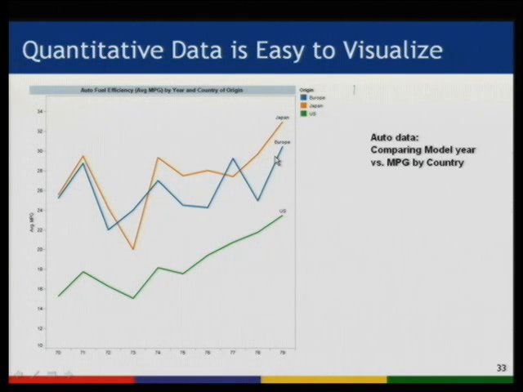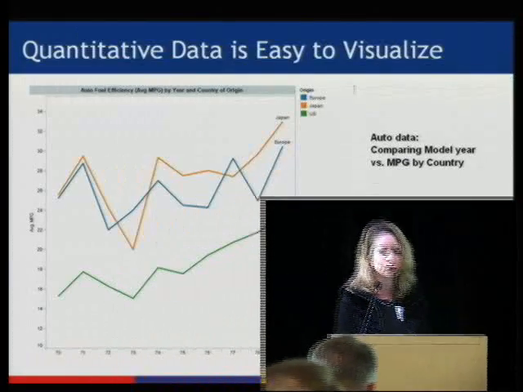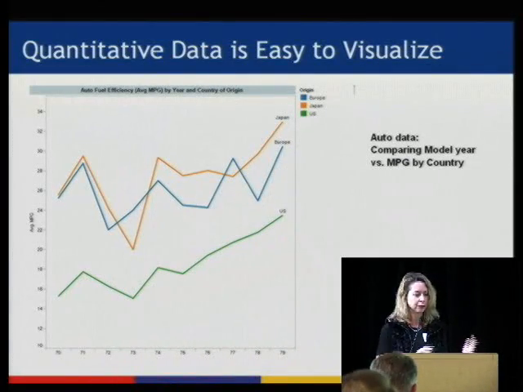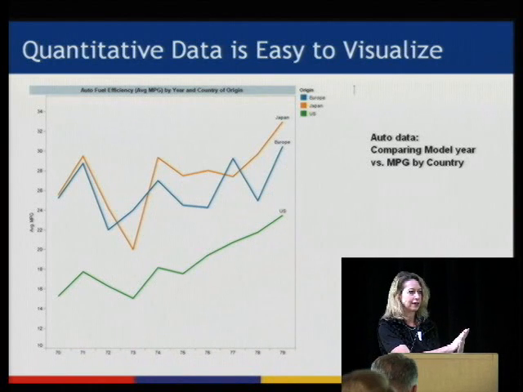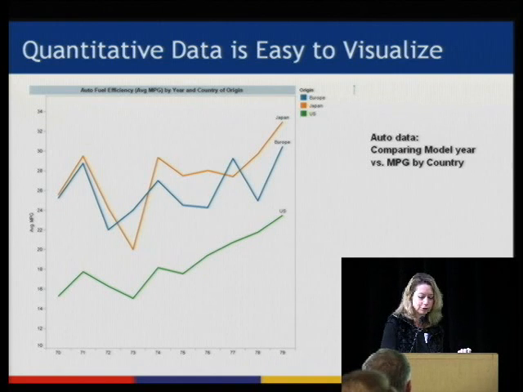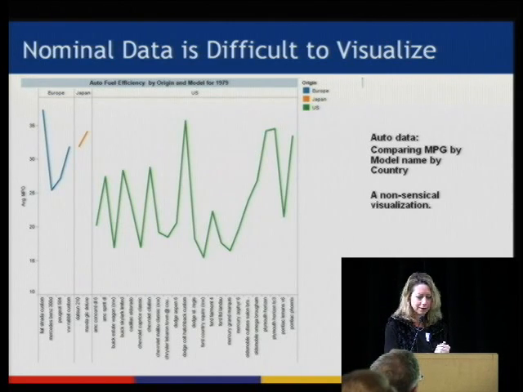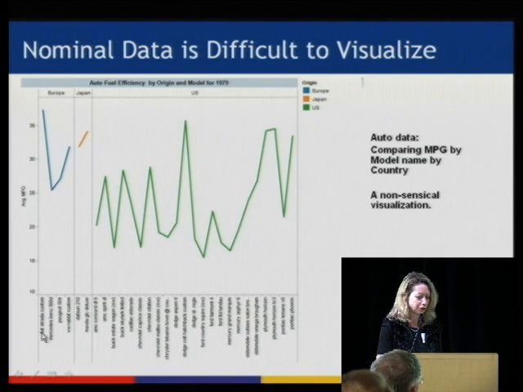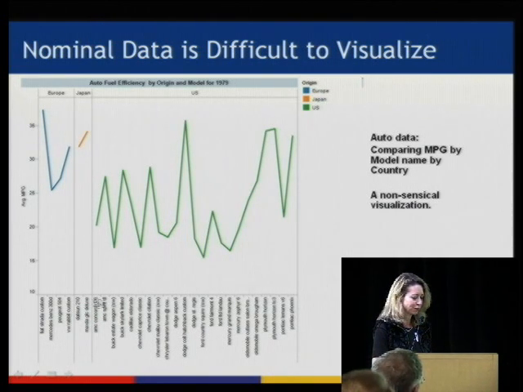But if you want to plot nominal data, which is what text is, where there's no inherent order to it, except alphabetical order, which is an artificial ordering, doesn't have a meaning. Just because something starts with A and then something starts with B, there's no real meaning for the B to come after the A. So you could get nonsensical plots if you try to plot nominal data. So here I've put miles per gallon again, and the color still represents which country. And on this axis, I've put the name of the model. And so there's these different cars here.